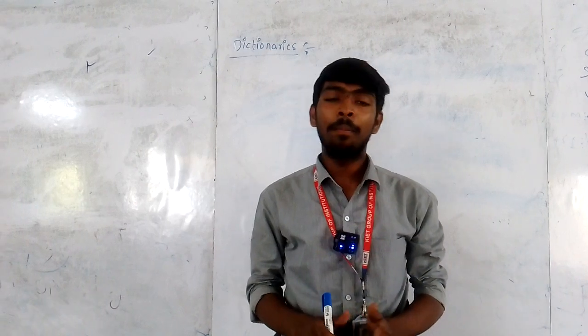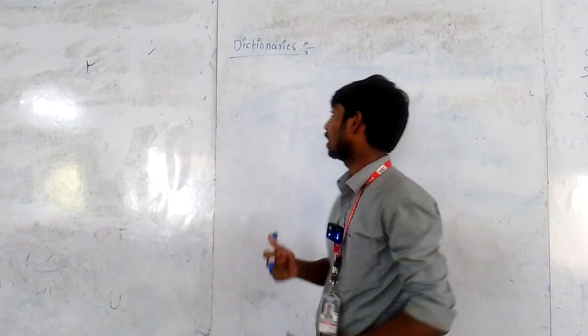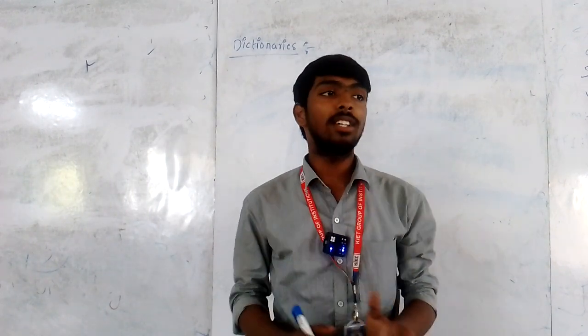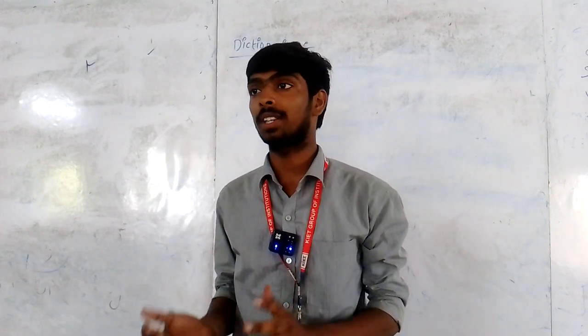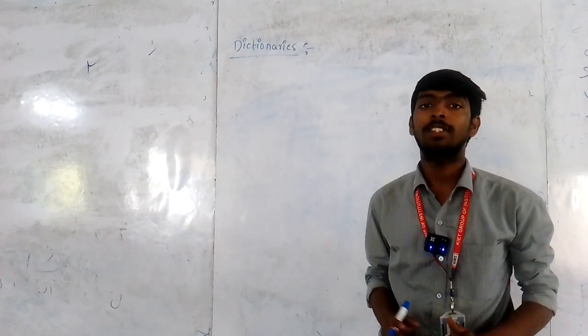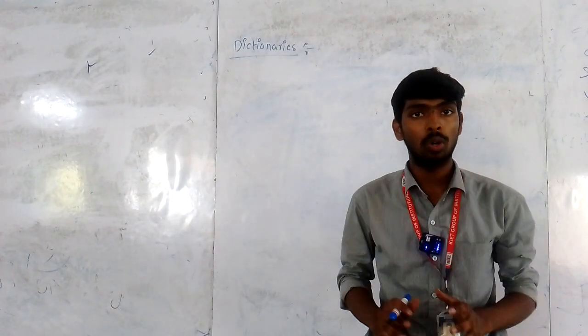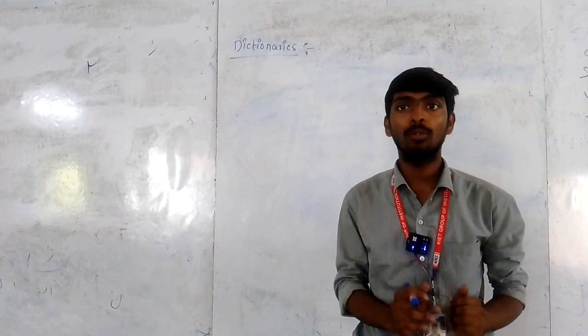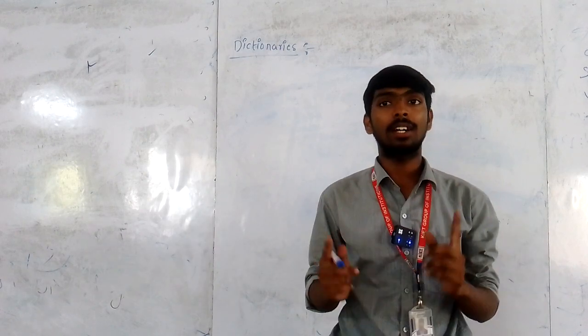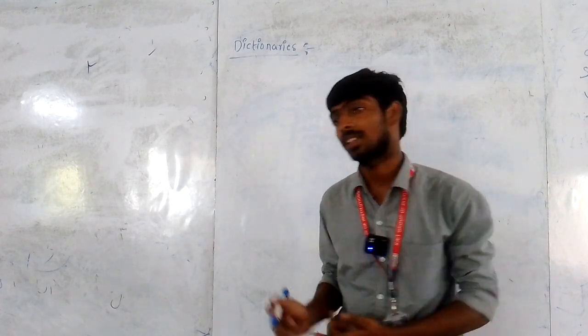Hello guys, I am back with another concept in Python called dictionaries. We have already seen lists. A list is a collection of different data items stored in a single variable. A dictionary is somewhat similar, where a dictionary also stores data, but in the form of key-value pairs, and the data will be denoted within curly braces. Let's see an example of a dictionary.